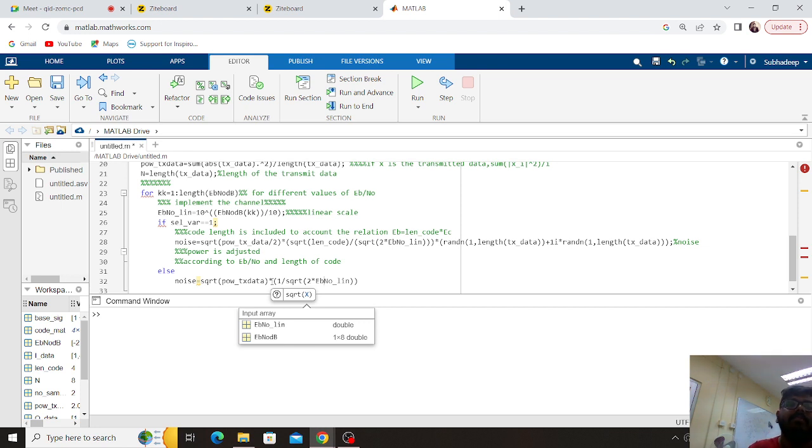So basically for QPSK it is root over 2 EB by n naught SNR. So if we calculate the Q function, there it comes to EB. Basically it is EB by root 2 for each of the constellation points. For such a region the power becomes SNR, that is 2 EB by n naught. This is 2 EB by n naught linearly